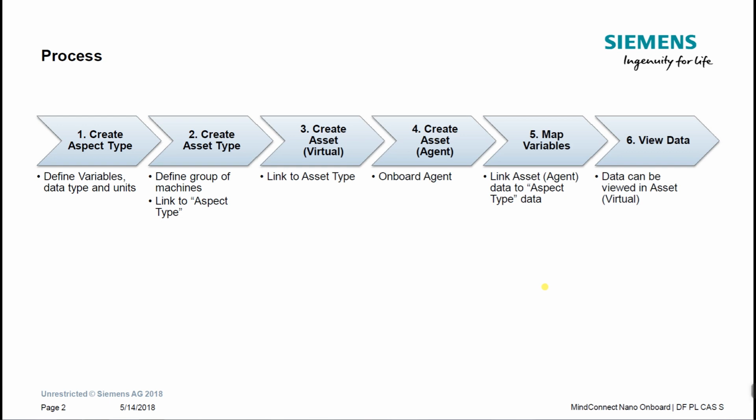Step 5 is mapping the variables. During this process, you've mapped the variables in step 1 and also in step 4, when you've created the physical agent, the physical asset. Step 5 is linking those two steps together. In order to do this, you do need to make sure that your data type and your units are the same as in the variables that you've defined. And this will ultimately allow you to view the data in Fleet Manager or any other visualization Mind apps you have in your